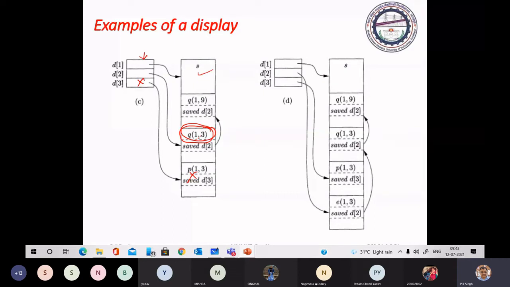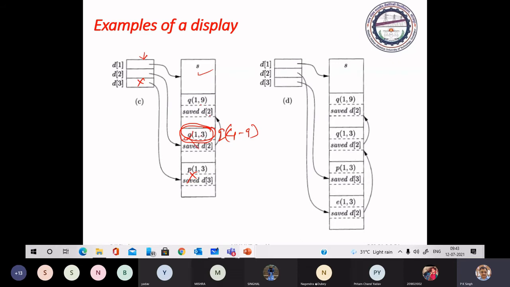Again from here, suppose we go for the upper half. If you see the activation tree, we have to go for quick sort 4 to 9. In that case, that is also removed.